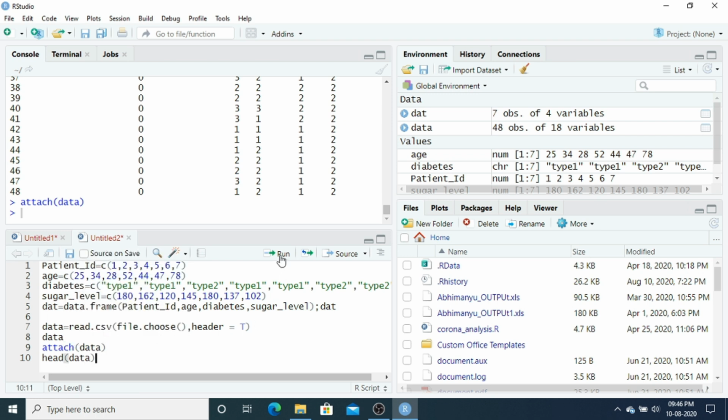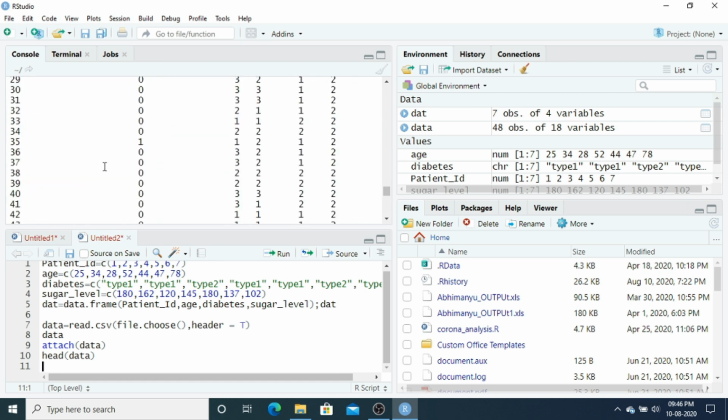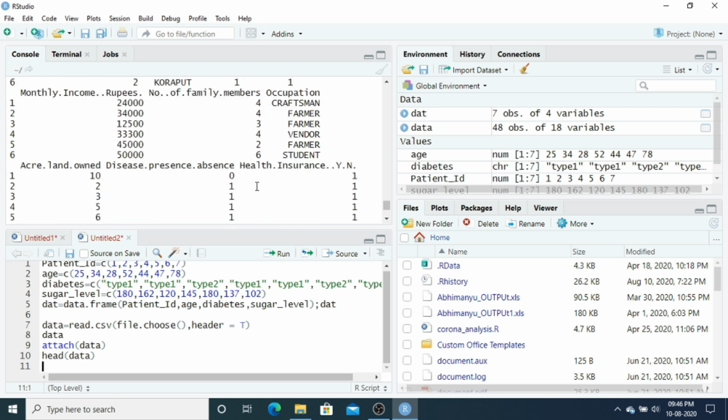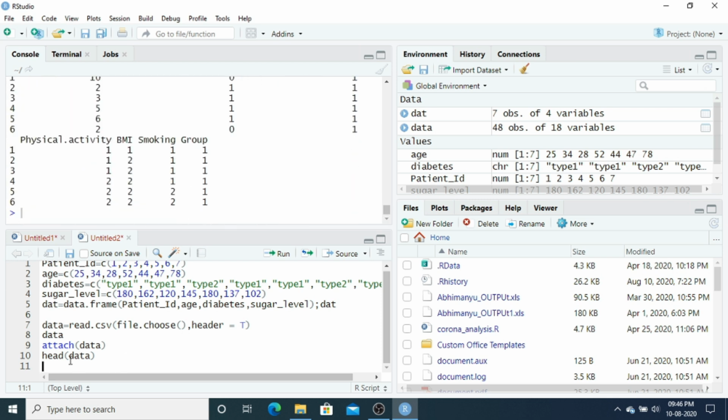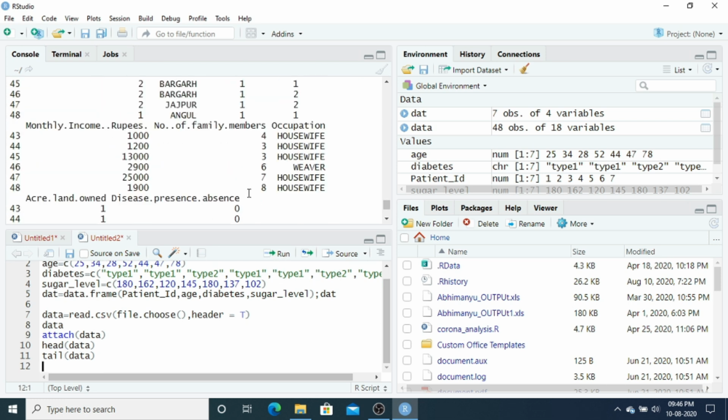It will show you the first 6 observations, only 6, right? Similarly, if you write tail(data), this will give you the last 6 observations.